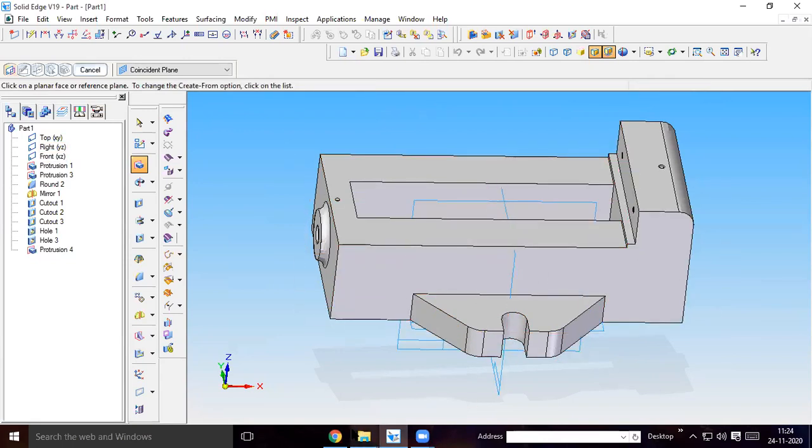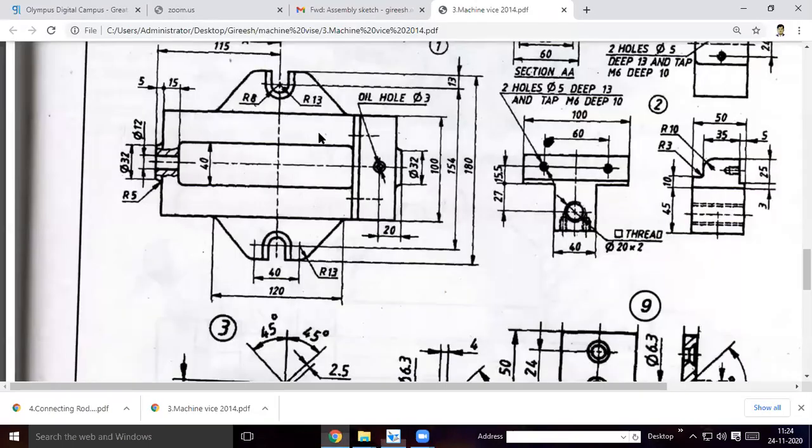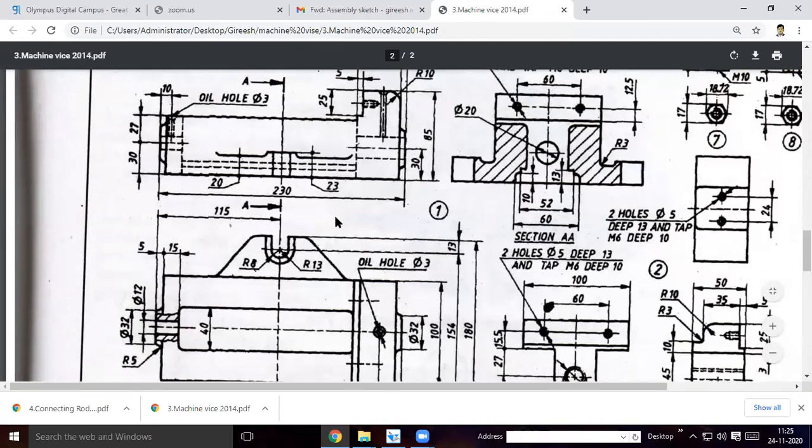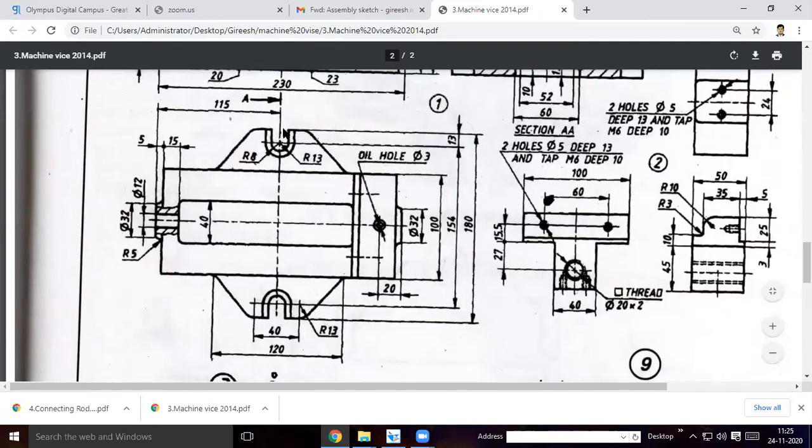Okay, once you create this profile, extra 3 mm this distance is there na. So only up to 20 mm I extruded. This 3 mm is there. This is given in order to grip on the bench. In order to lock to the bench, this extra wing is given. Here with the help of bolt and nut, they will lock to the bench.